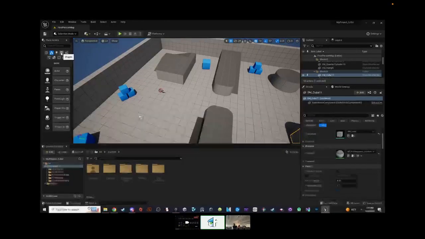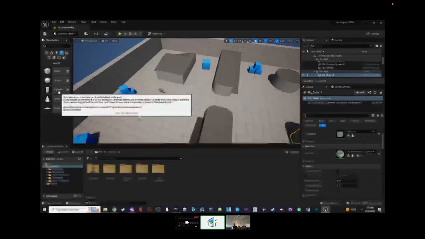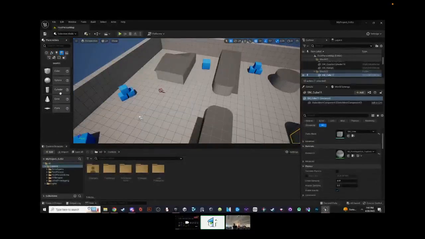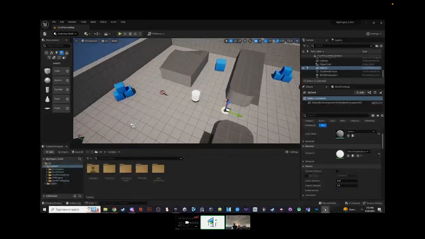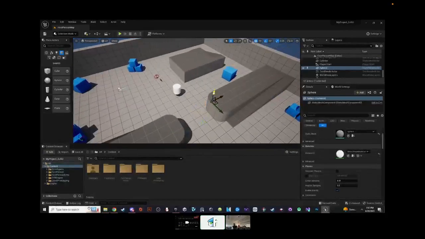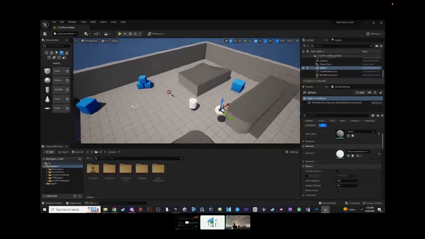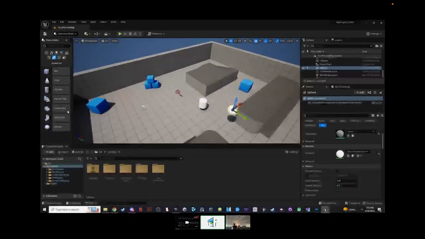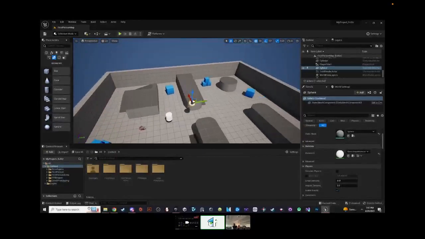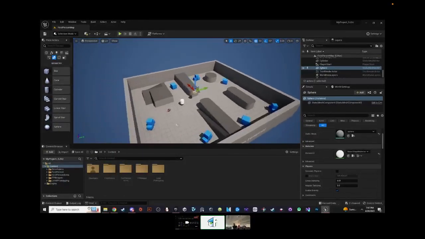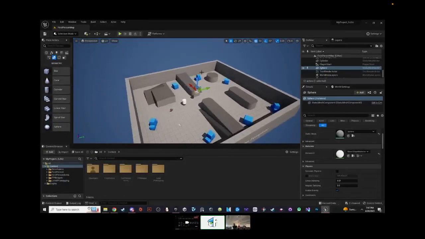If you were to mouse over some of the icons that show shapes like cubes, spheres, cylinders, what if I just click, hold, and drag? Yeah, you can place actors and geometry into the world. It's very drag and drop. So you're going to have a lot of stuff: lights, geometry, even a spiral staircase. So that's cool. That's pretty much what you're going to be seeing when you launch the engine for the first time.